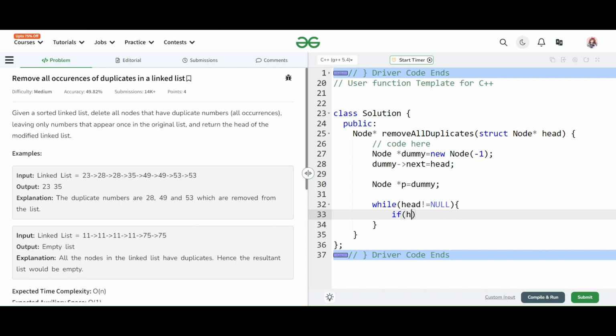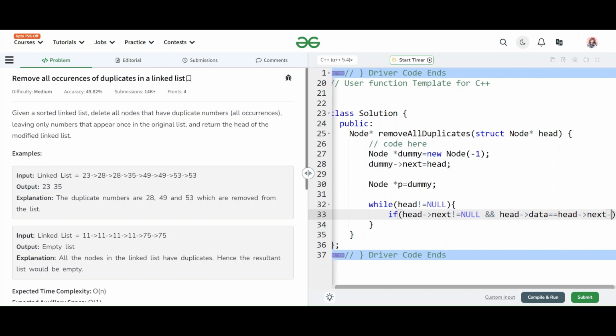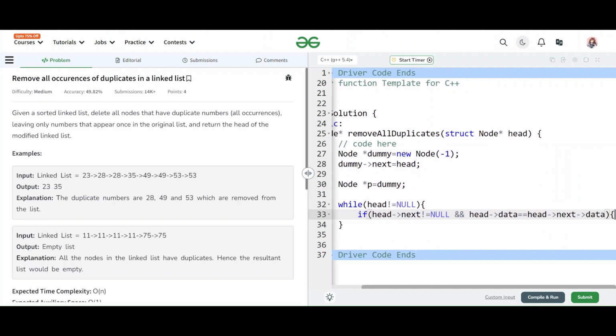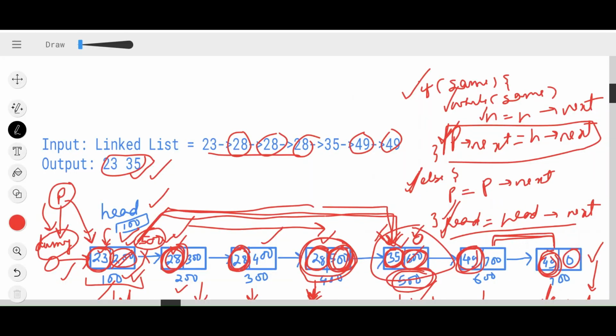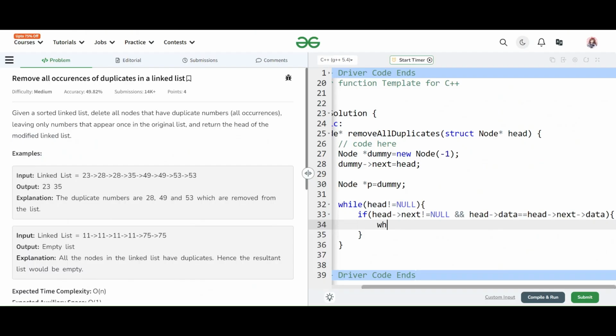If your head next not equals to null, and the data of the next node, if they are equal, then what we did, we started a while loop until and unless you were getting a mismatch of data. You were running your while loop, and while running your while loop, you simply moved your head pointer ahead. So we'll do the same thing.